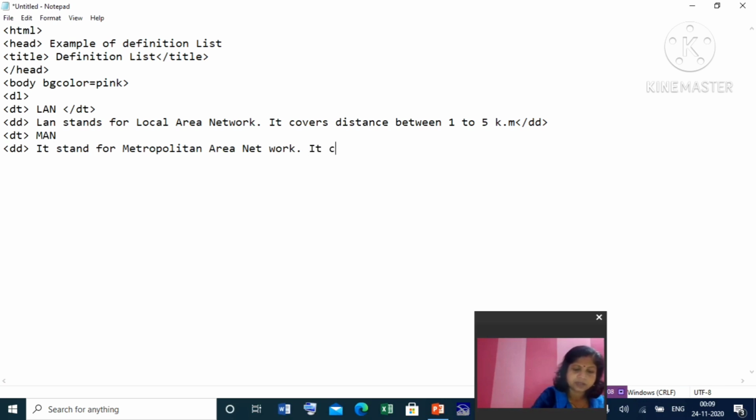It covers distance within a city. Okay. Close DD.